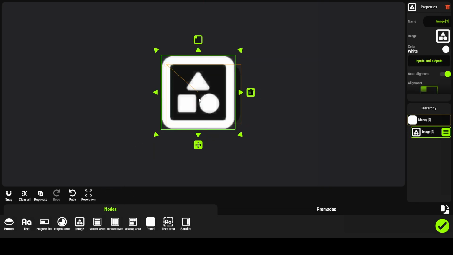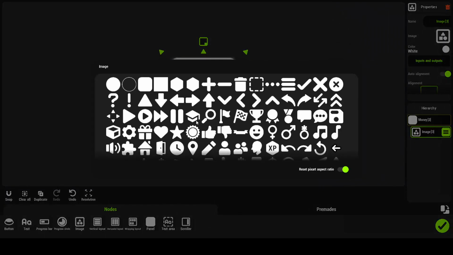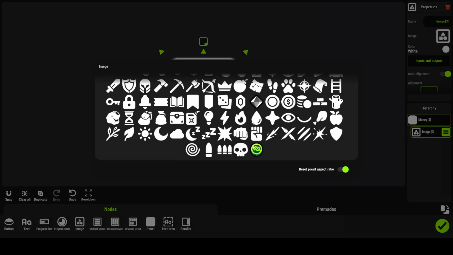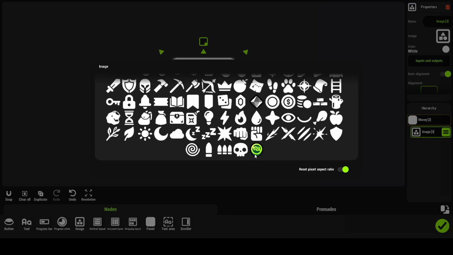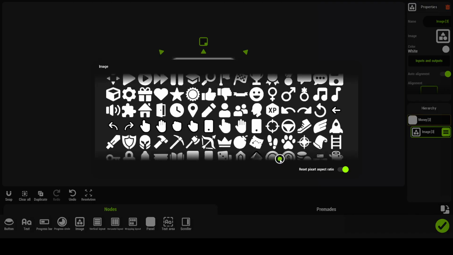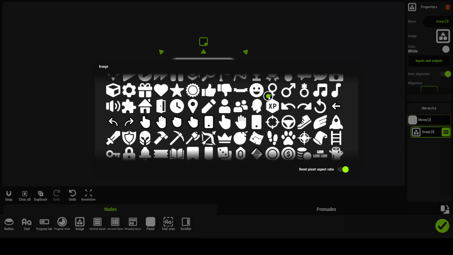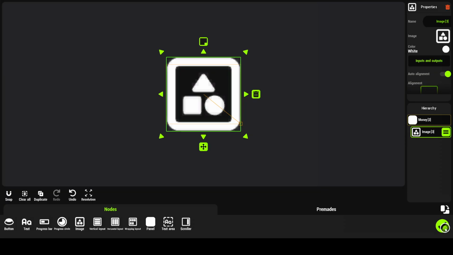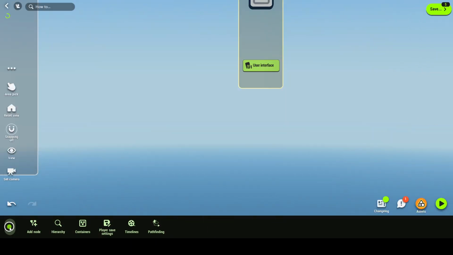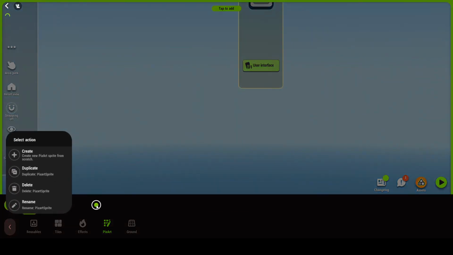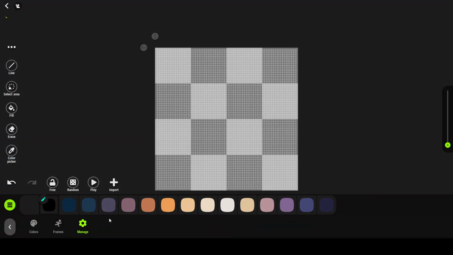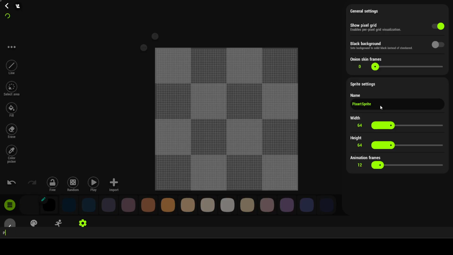Then we'll add an image. Let's see if we have any money image in the premade. There is a gem, there are a couple of coins, and this is HypeHype coin. So we don't need HypeHype coin, we need in-game currency. So we can also draw it. What you can do is come back to build, go to pixel art, click over here, click draw, then click create and edit this. In the manage, I'll change this to money,